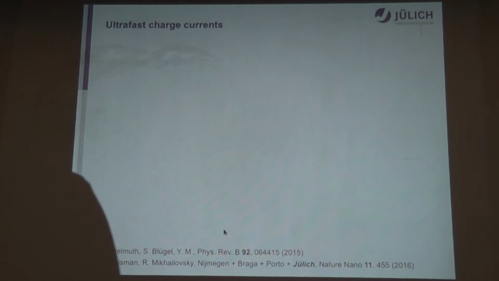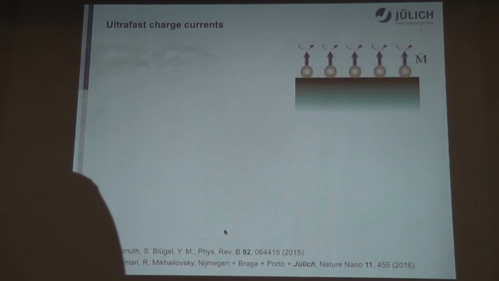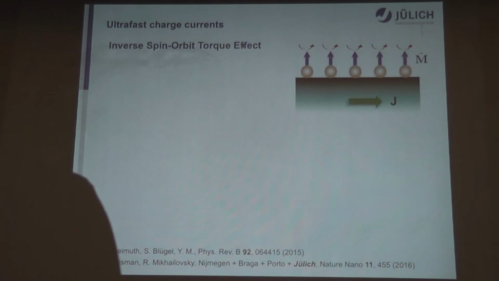Okay, let's think a little bit more and let's think of an alternative scenario which can happen when we excite our magnetization with a laser pulse. When we have spin orbit torque, we have magnetization, we apply current, and magnetization starts moving. Now, by using reciprocity principles, when we start moving the magnetization within the scenario of what we call an inverse spin orbit torque effect, we're able to generate a longitudinal electrical current. And using, for example, the Kubo linear response formalism, we can estimate the magnitude of this effect. The expression for this current is relatively easy to derive, and it is directly proportional to the rate with which the magnetization changes in time.